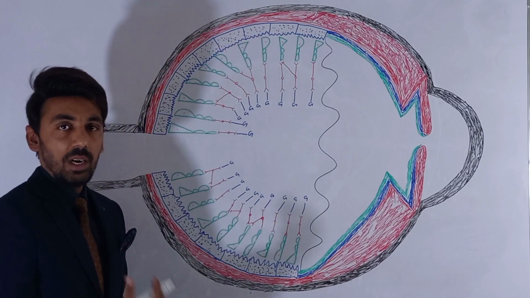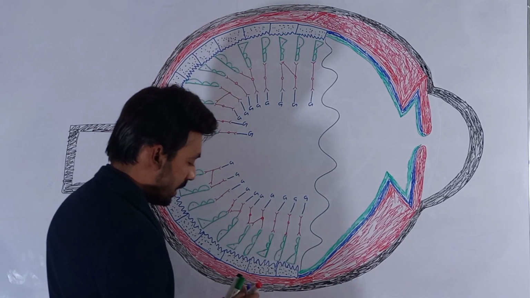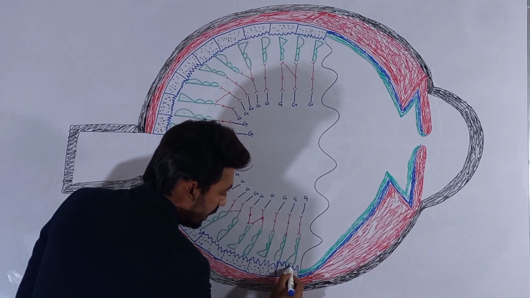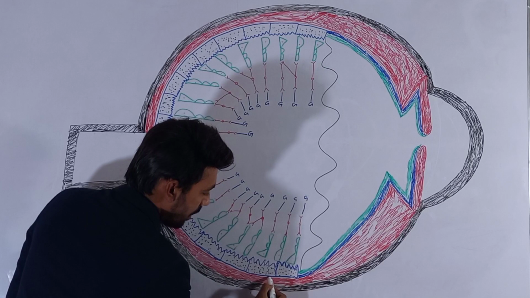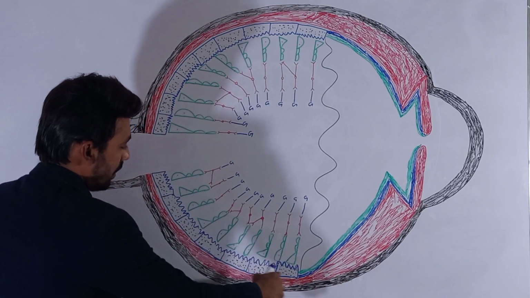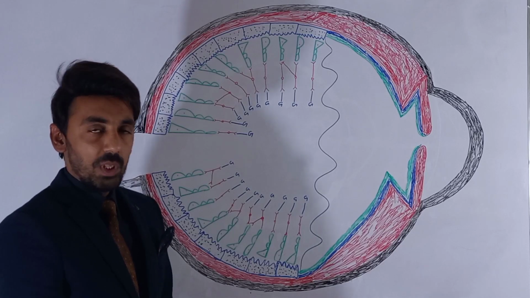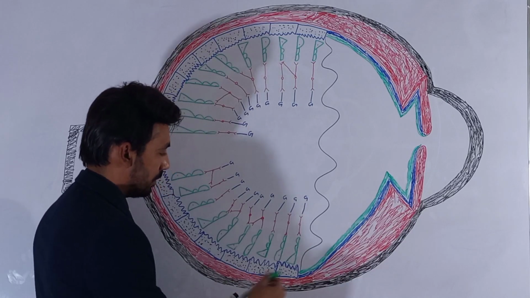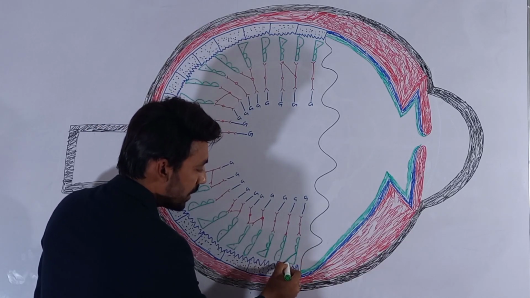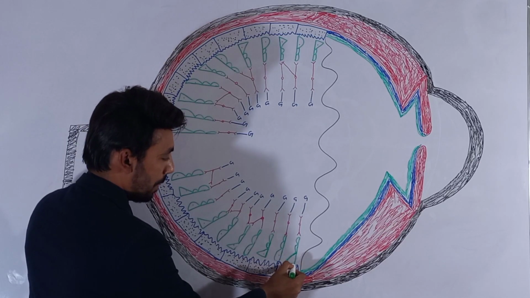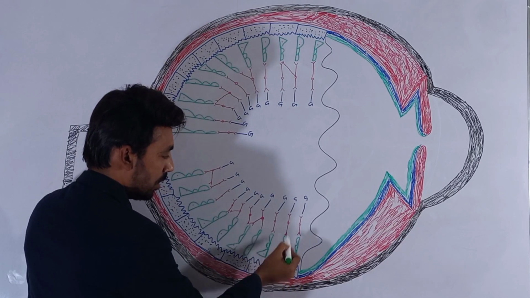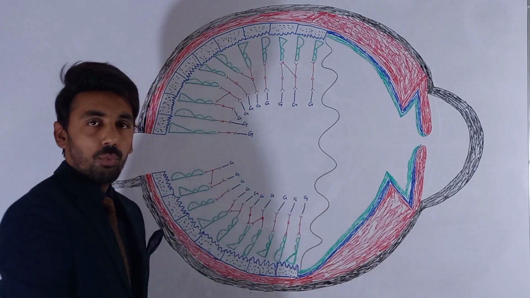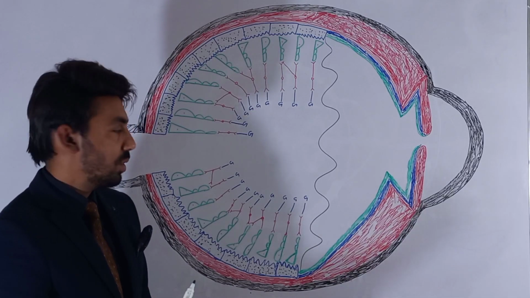And now we are moving towards the retina, which is our topic. And as you can see here, these finger-like projections, in the blue marker, this layer is called the retinal pigmented epithelium, which is a pigmentary layer of the retina. And if we go further, we have the photoreceptor cells. As you can see, this is cone and this is rod. So all these layers, this is the photoreceptors layer, the layer of the rods and the cones.